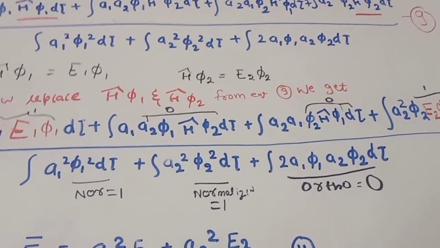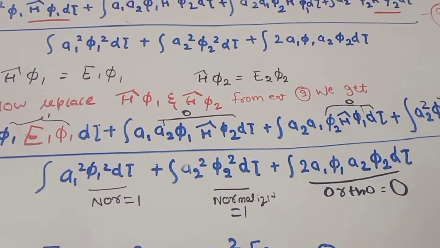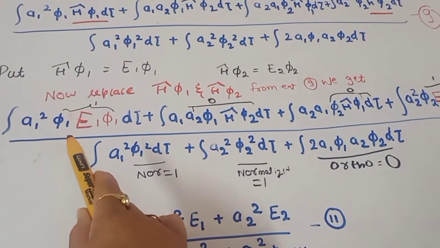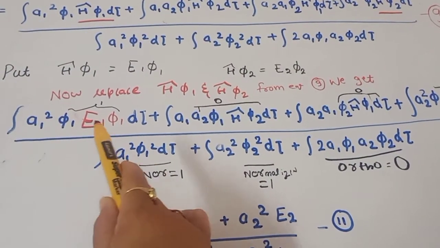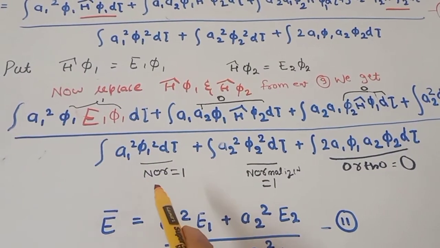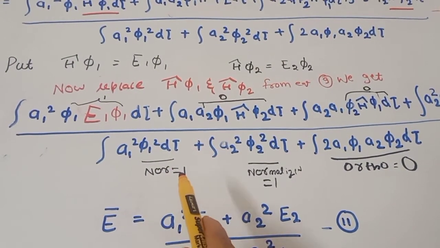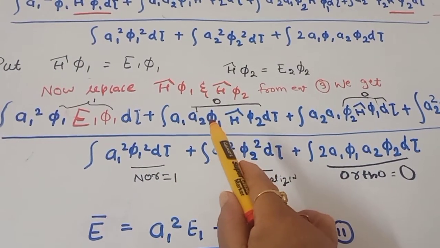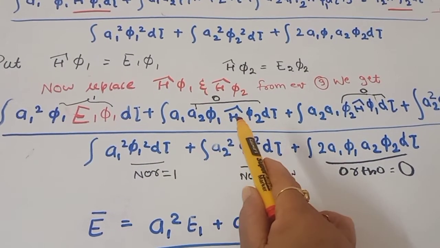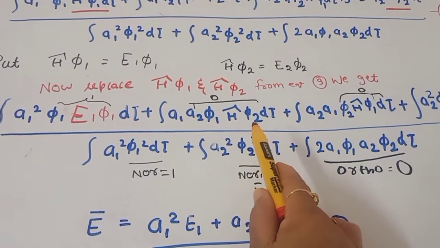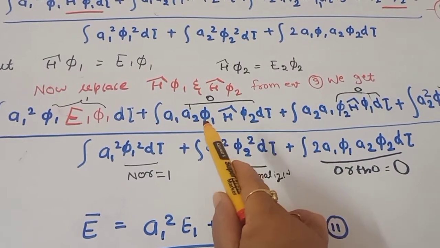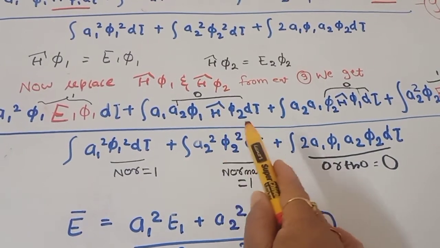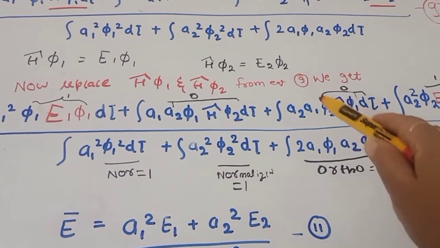So what we have to do is check where is our orthogonal term, where is our normalized. See here, this is our phi 1, this is our phi 1. So when both are same, we will consider it as a normalized term. So we will put our 1 here. See this term, this is our phi 1, this is our phi 2. So this is different, so we will consider it as an orthogonal function. So we will put the value 0 here.